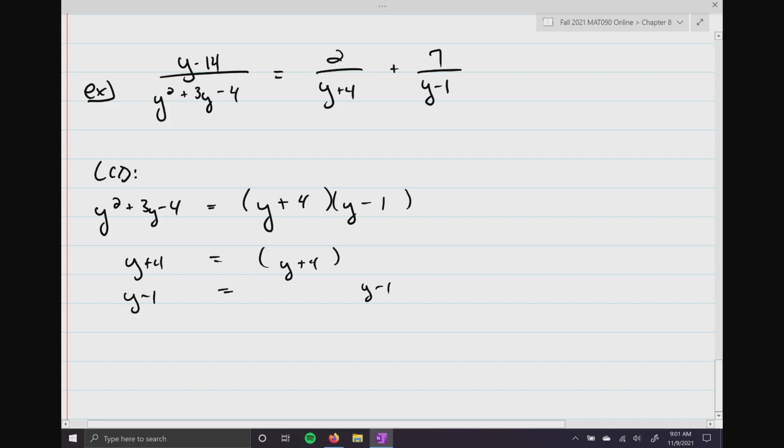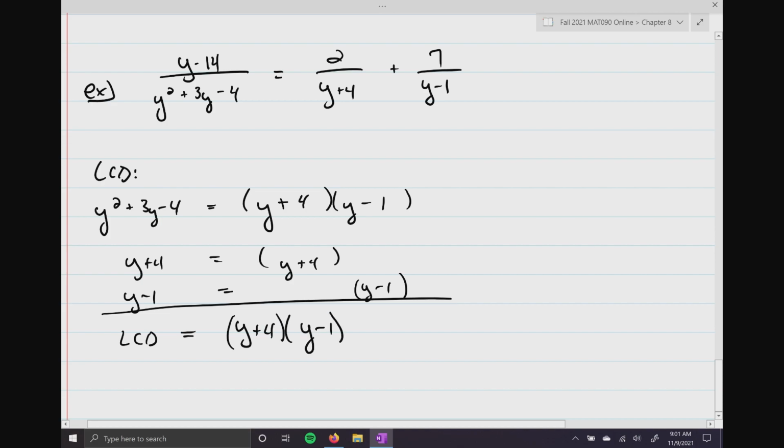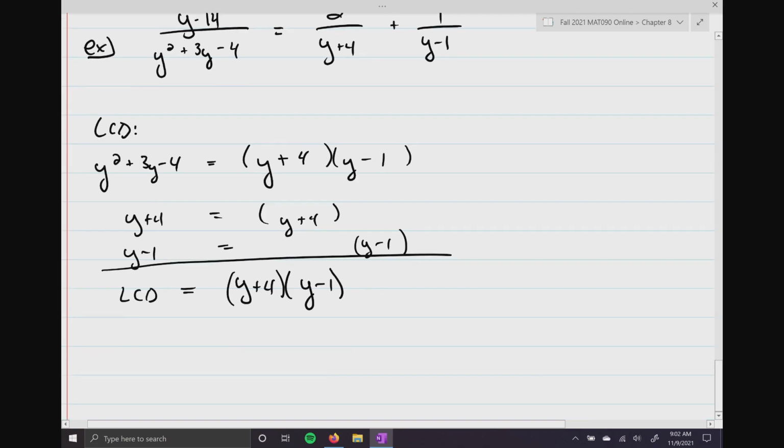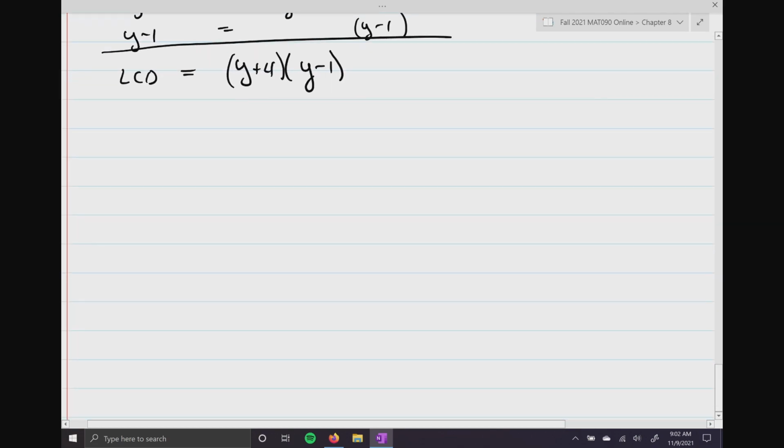So I'm just going to write it here. And remember that LCD comes straight down. y plus 4 and y minus 1. So that's good. That's a good thing. All right. So I'm going to rewrite this, and I'm going to multiply every single term by the y plus 4 times y minus 1. All right, so here we go. y plus 4 times y minus 1, all multiplied by y minus 14 over, and remember, I'm going to write this in its factored form, y plus 4 times y minus 1